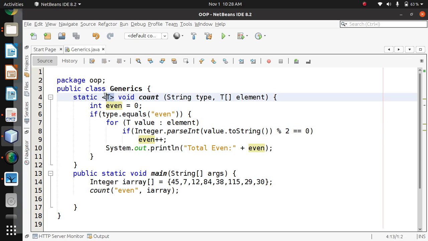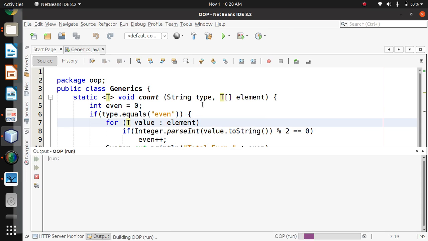In this way, let's try it. Here I am making use of the generic classes. Here also, see, this is how a generic class is used. The current class is integer. Integer will be the data type of this t, and from that I will be performing the operation of finding the total number of even elements. So how many are there? 1, 2, 3 and 4. 4 elements are even in it. So let's run this. Yeah, see, 4.